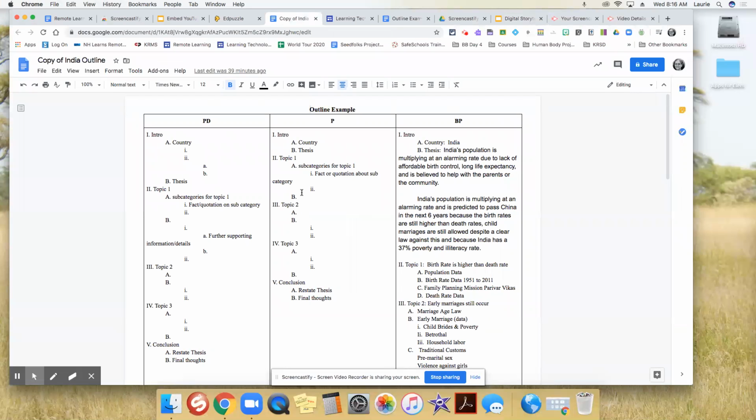Another idea is on a Google Doc. Either as the teacher, you are explaining to the person how to write an outline, or the student is explaining to you, this is my thesis statement, this is my first topic, this is my second topic, and they could be asking you for advice.